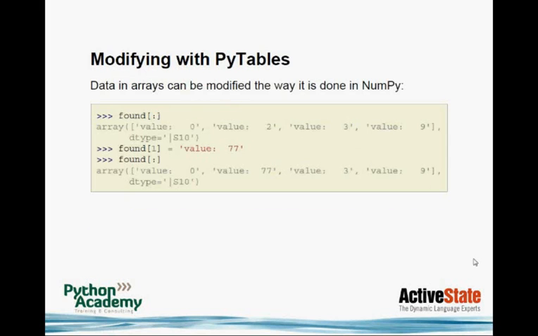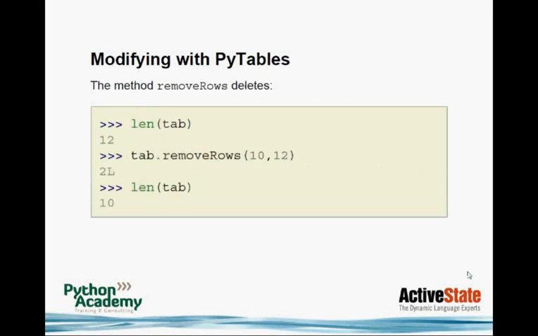And also, you can modify the arrays if you like to. You can access arrays just as you know from NumPy. So what we see here is just normal NumPy syntax. We just do the slicing, and we can add a new value there, just saying found 0, which is changing the value of the second entry there. And if you echo back our array, you see we changed the value, which is very easy. Nothing special here. Everything you know from NumPy you can apply.